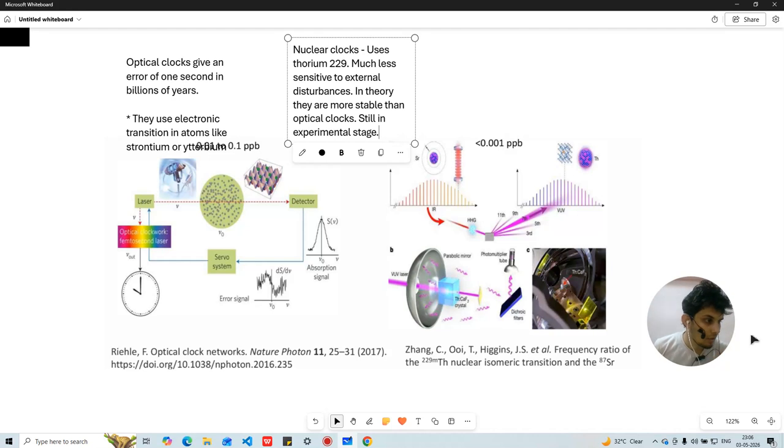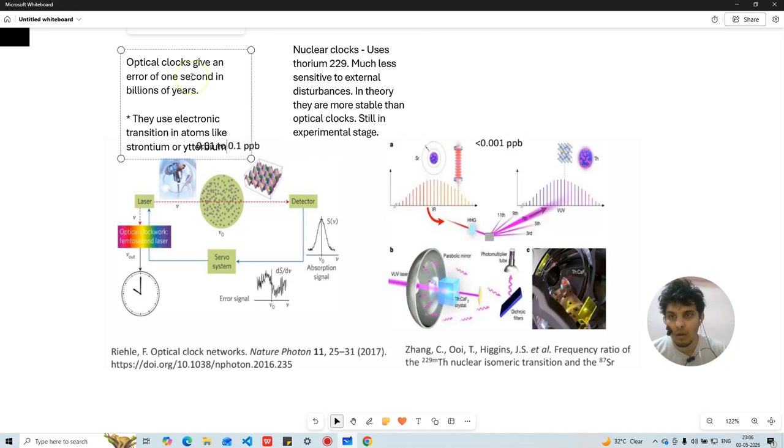Transition type optical clock, key differences. Optical clocks today, best practical clocks today. Optical clocks,